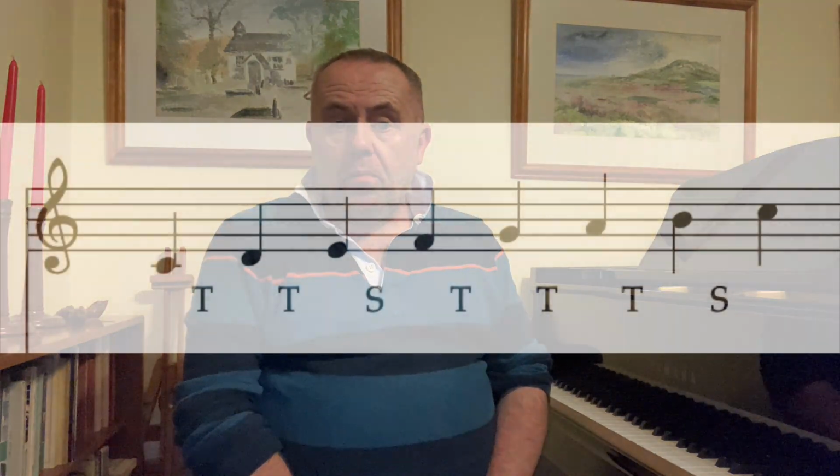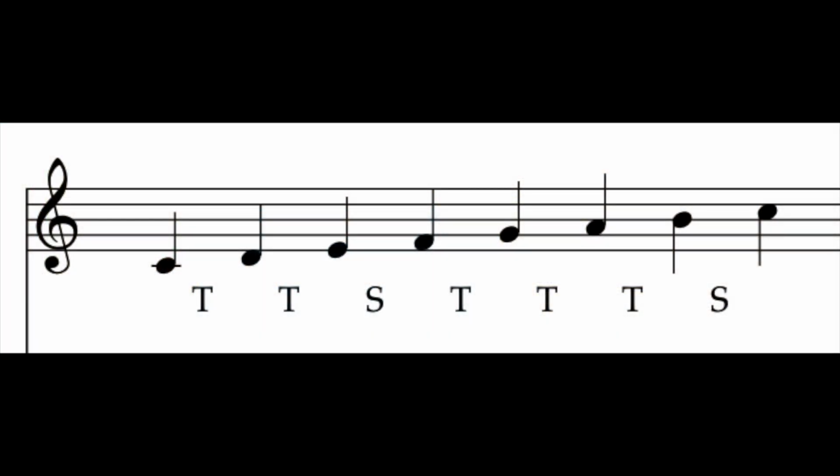Okay, now for major scales with sharp key signatures. Here's our C major scale, and for reasons which will become clear soon enough, I'm going to chop it into two halves. And you'll see that each half has the same pattern, tone, tone, semitone, which means that the top half, beginning on G, is actually the beginning of a new major scale, beginning on G, the scale of G major. And we can complete this new scale by adding the next four notes,